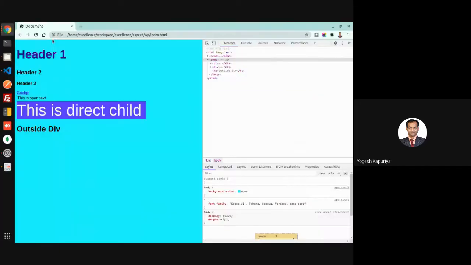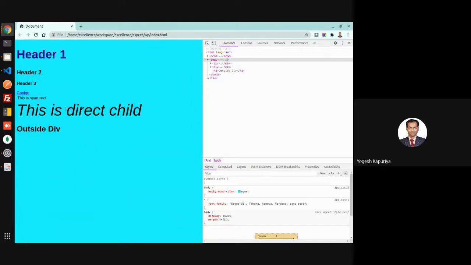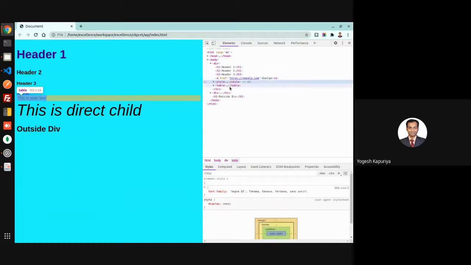So see this. It can be anywhere within your document, but it has to be before the tag which you want to apply. So let us check the other version as well.